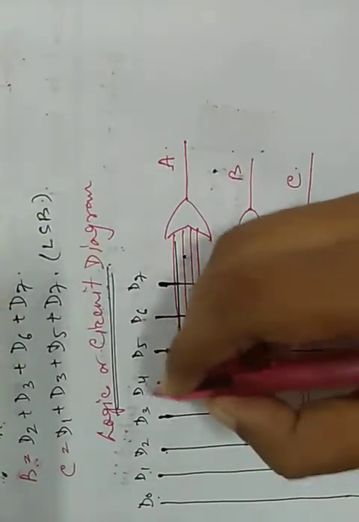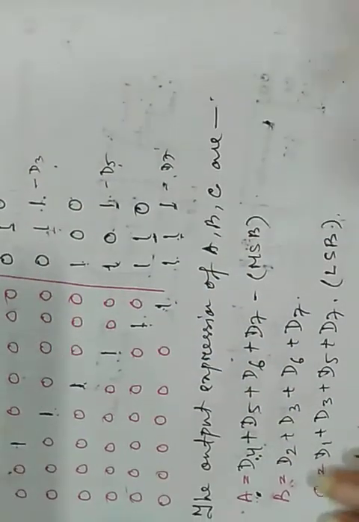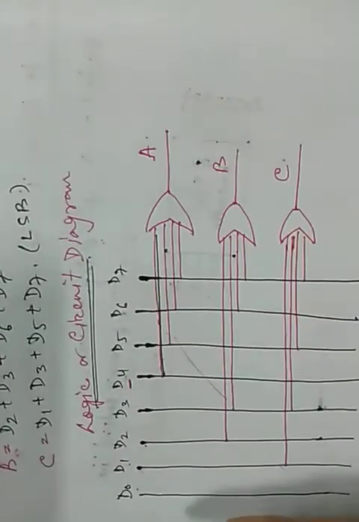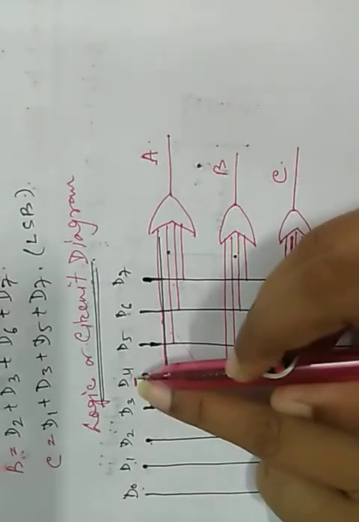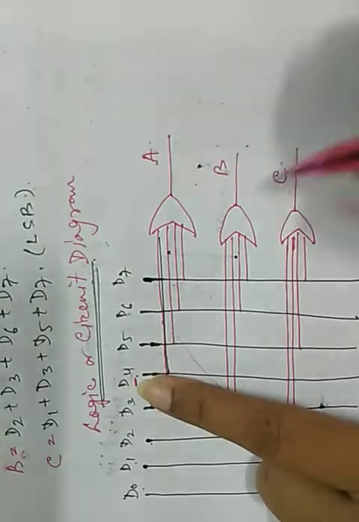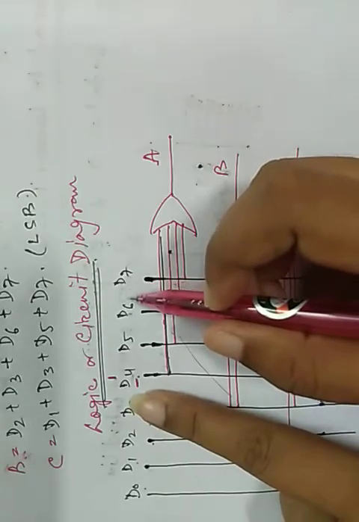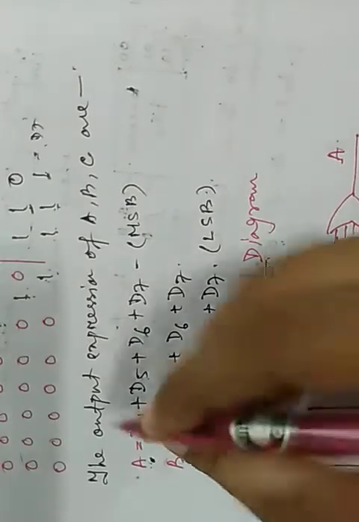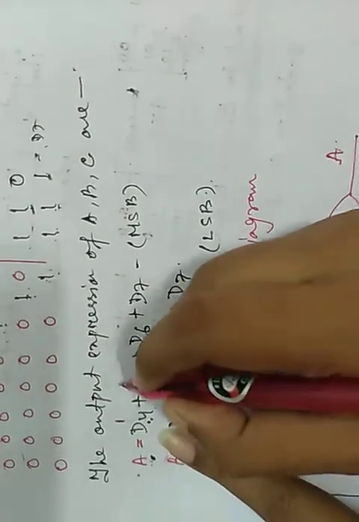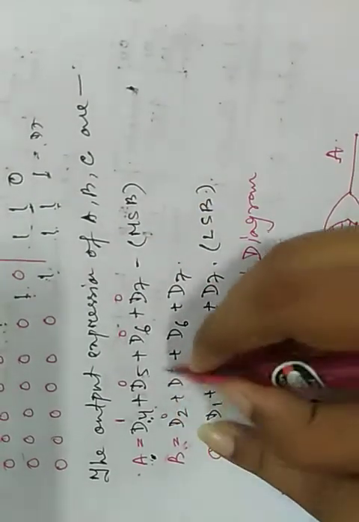Suppose we want to make D4 high. This is our circuit diagram, this is our truth table, and this is our expression. Now I will show you how this works. We want D4 in our output lines. D4 high means its value is 1 and the other values are 0. Here is D4, so here is 1. The others are 0, there is no D4, so all the values are 0.